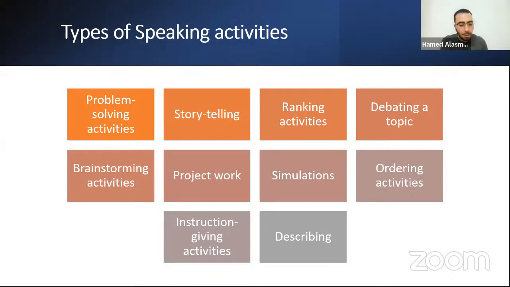Now we have some time. If you have any questions, describing should be accuracy. It depends. If you just want them to be fluent and describe without pauses and find synonyms so they do not stop, this can be for fluency. If you would like them to focus on specific adjectives to use in the describing and so on, it can be for accuracy.